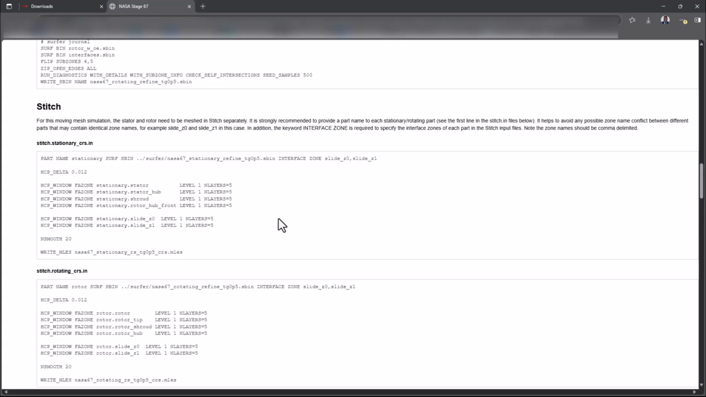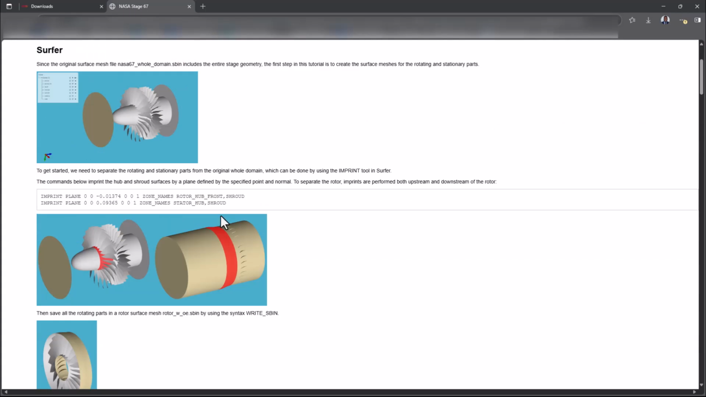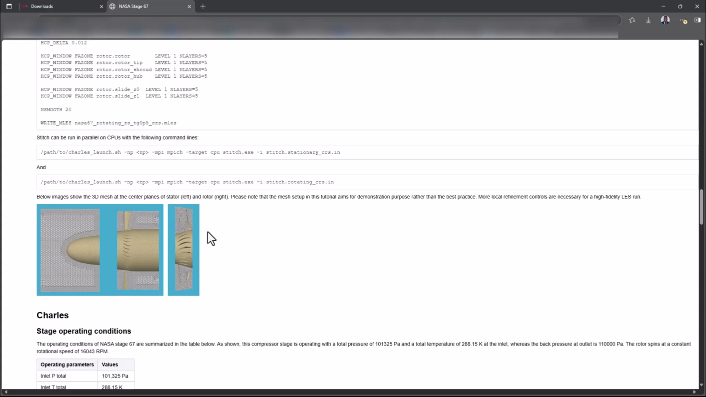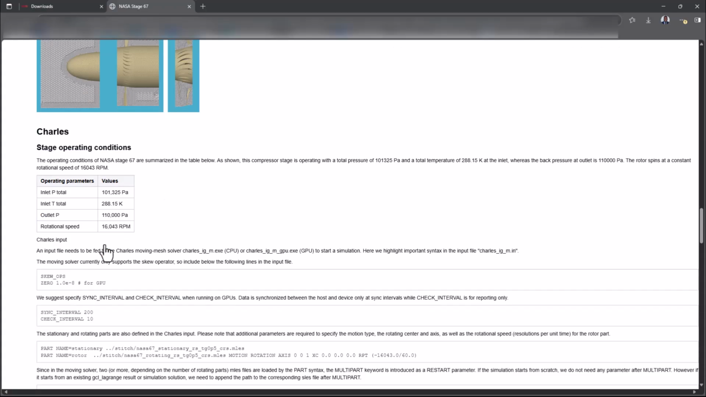Now, once these are done, you can proceed with the instructions that we have in the tutorials to build the mesh, as you can see all the way down here, and how to run the meshes,